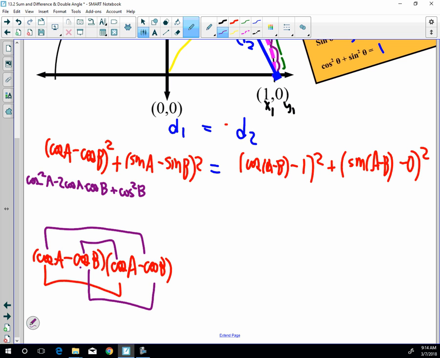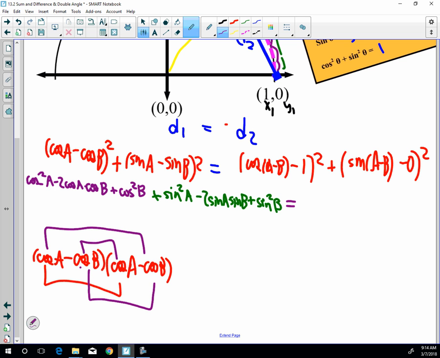Nice. Got it. Let's use another color for this one. And I'm going to do this without writing it out. Sine A times sine A is sine squared A. And then we're going to have minus sine A sine B, or minus 2 sine A sine B. And then I'm going to have positive sine B, or negative sine B times negative sine B. It's going to be positive sine squared B. That is equal to,